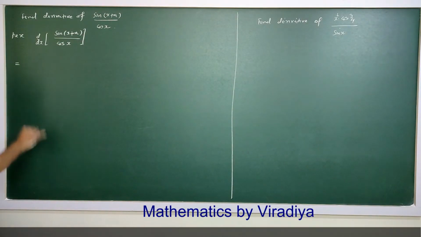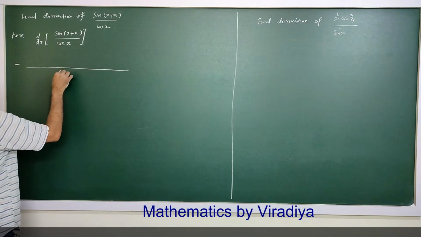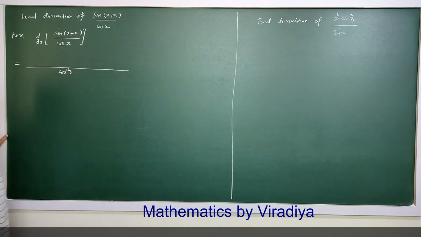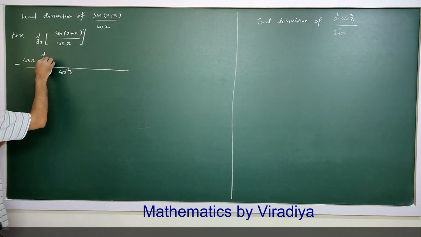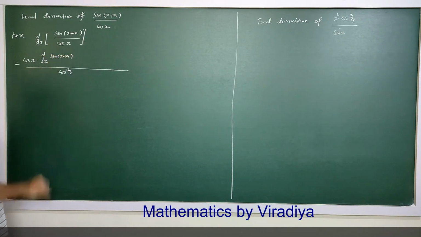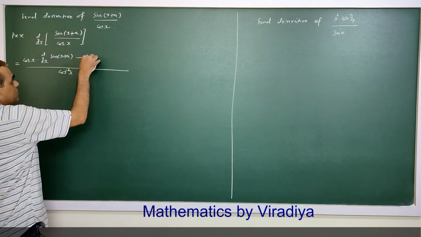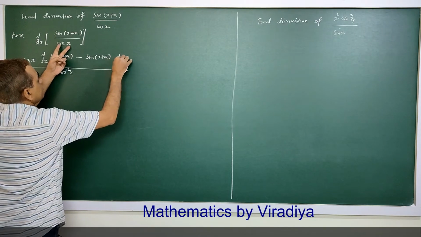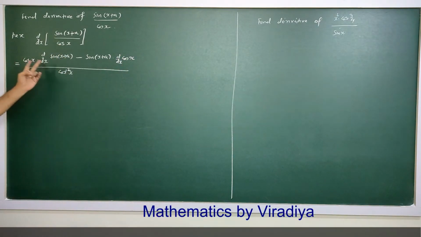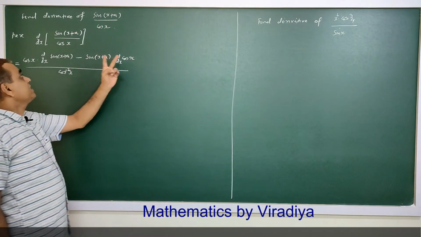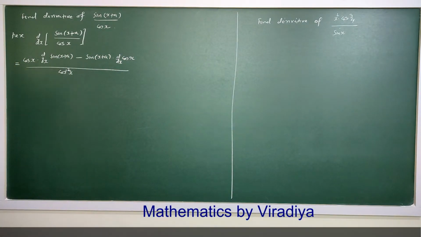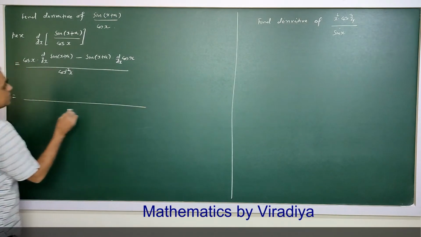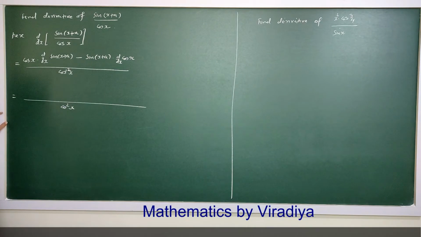So this is equal to applying u by v. Here v square, v as it is, derivative of u minus u as it is, derivative of v. That is cos square x, cos x into,